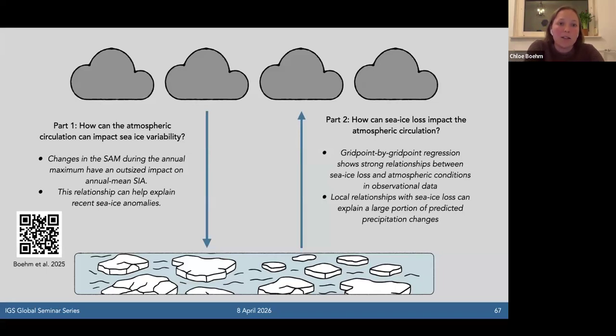And so I'm going to bring it back to this schematic here, but now I've replaced the titles with just a couple simpler bullet points from each of the different parts. So the first part is out in a paper that came out last fall. That's a QR code for the paper there if you're interested in more details. The second part should be submitted relatively soon, so keep an eye out for the preprint there. And I would love to take any questions.